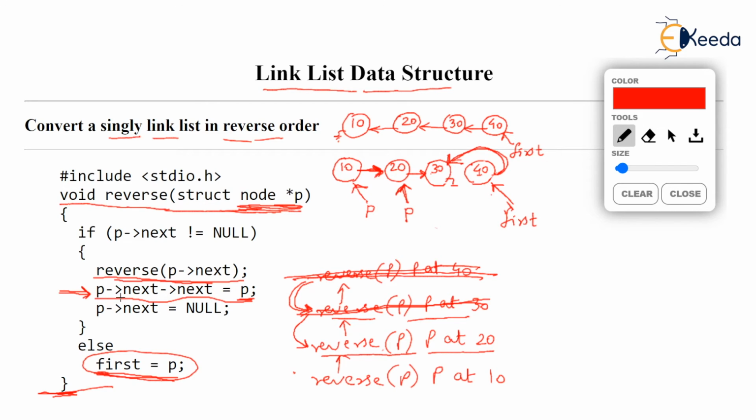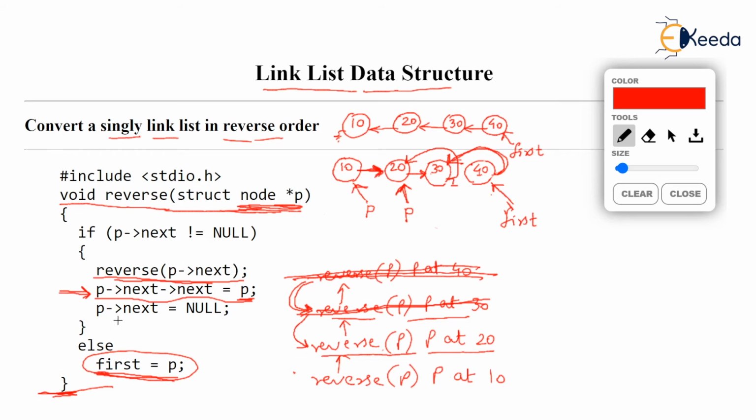So if you trace the line P arrow next equal to P, just check the mouse place or the cursor place, P arrow next, this next, arrow next again. So next of 30 is now going to point wherever P points, but P points at 20. So next of 30 points to 20. That means next of 30 is no more null. A short while back we made it null to break the association between 30 and 40. But now next of 30 is pointing at 20.